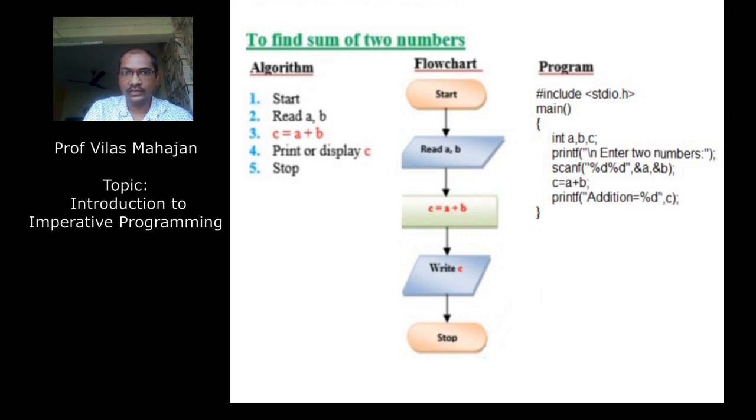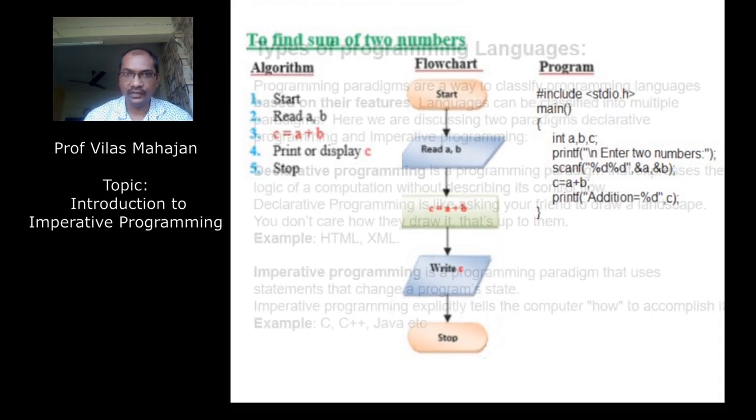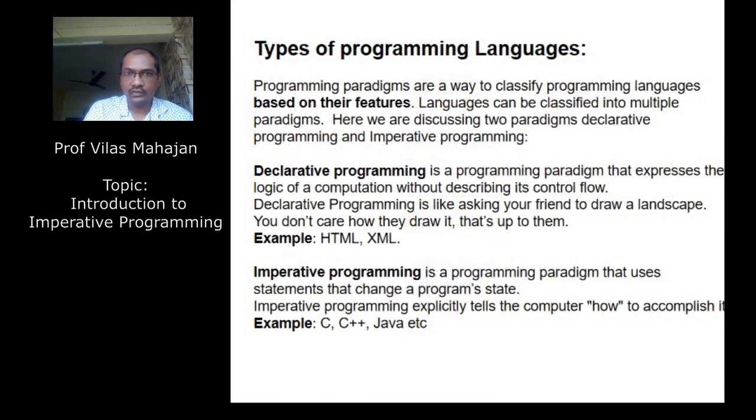If you see, this algorithm is in plain English, but the program is not in plain English. There is something different. Many symbols are also used. Now, this program is written with the help of the C language. That's why, if you want to write a program, you should learn the way of using a language, the way of writing instructions. The way of writing instructions is nothing but the syntax. We should learn syntax. In due course of time, we are going to learn all these things of C language program. Next one, types of programming languages.